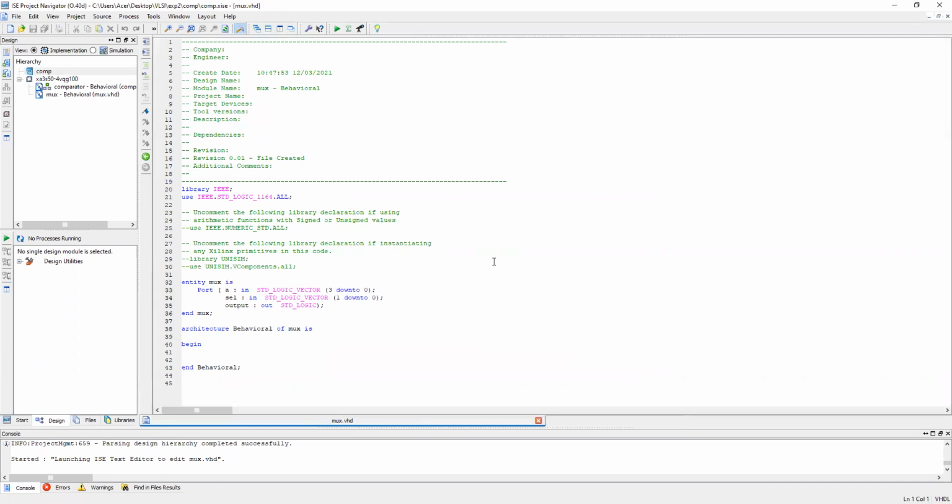Okay. Now this is the code for a multiplexer. I have a code, so what I will do, I will copy this code.